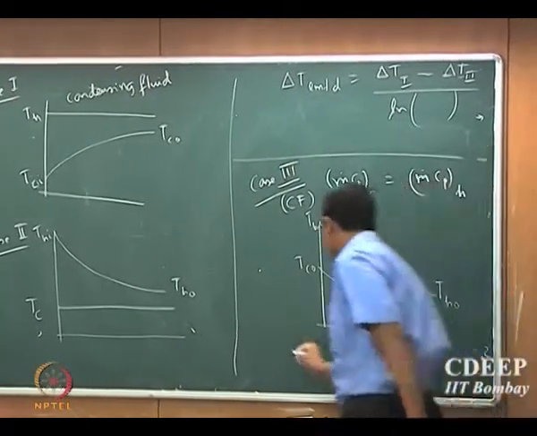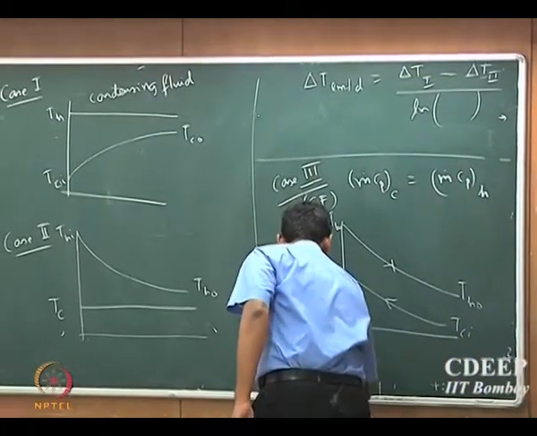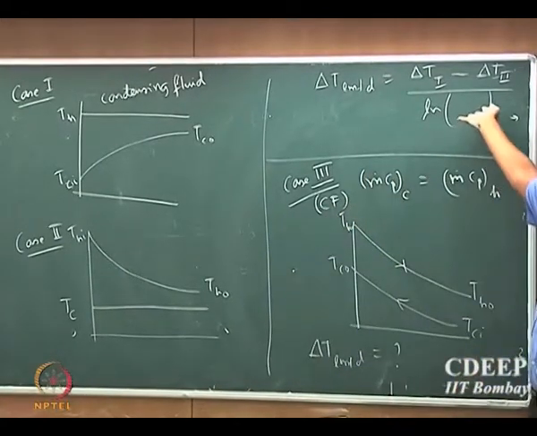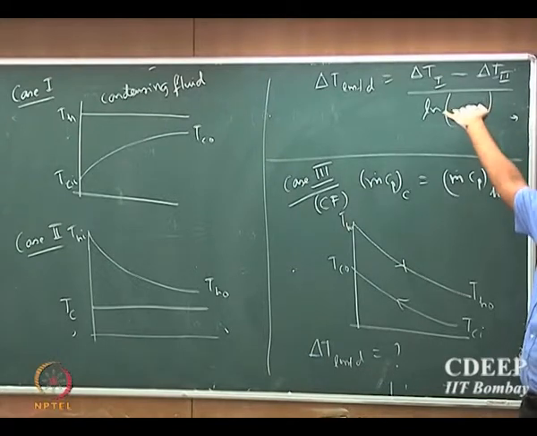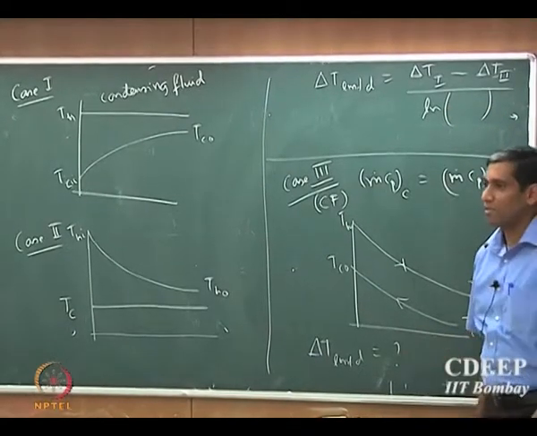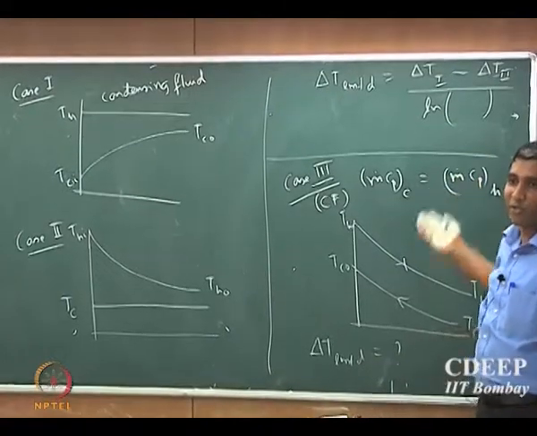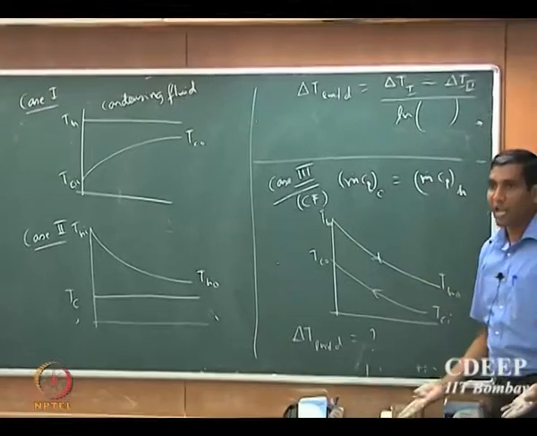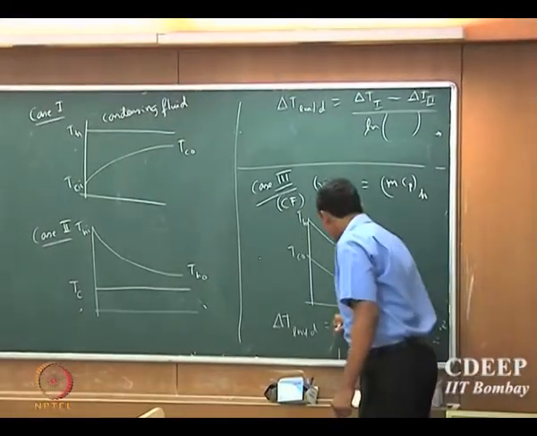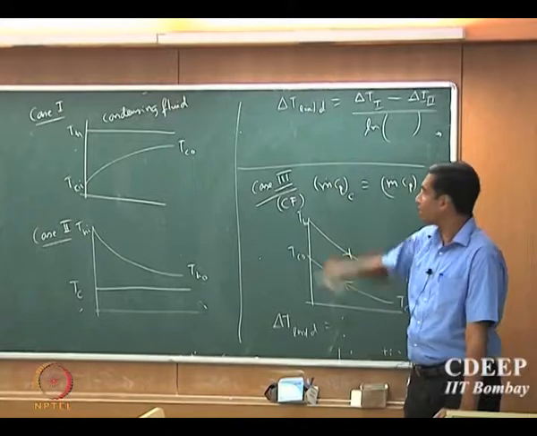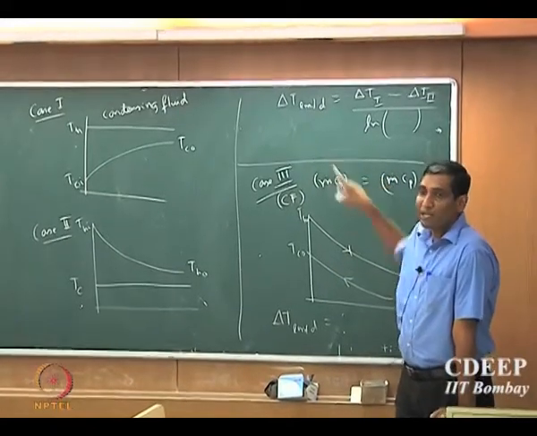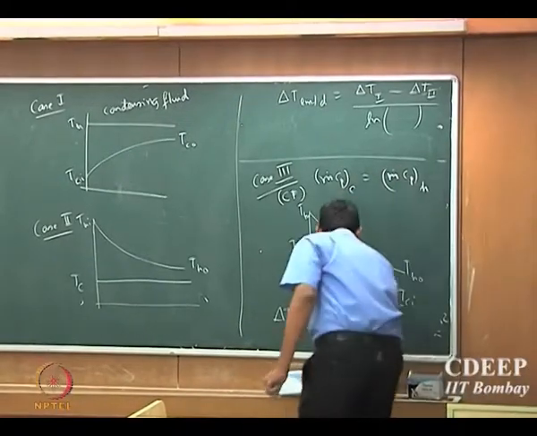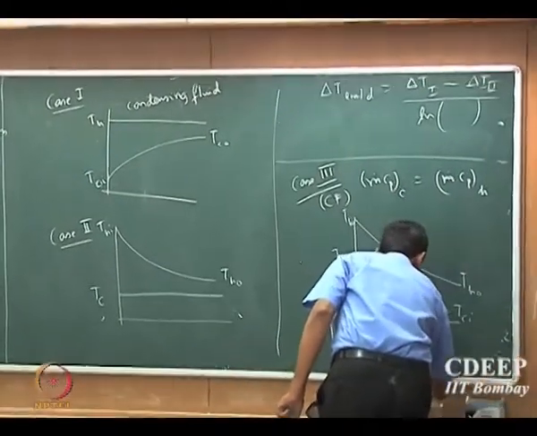So what is the delta T LMTD that we should use? This is not the one, cannot be this. So what is the problem? It is 0 by 0, you cannot have this. So what is the delta T here? It is delta T actual itself. If you actually do the derivation of the delta T LMTD rigorously by assuming that these two are constant, you will find that delta T LMTD is equal to